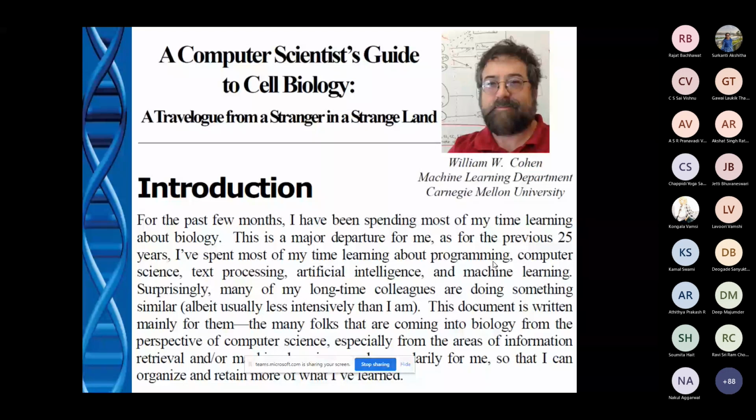But what he did, he understood a long time back that many people started working in the field of biology. They are computer scientists and engineers, but they are trying to solve a problem that lies in biology, a biological problem. But it is better to solve the problem if you understand biology to some extent, right? So he even wrote a book, A Computer Scientist's Guide to Cell Biology. I have the soft copy of this book.